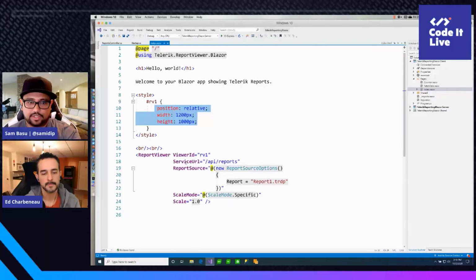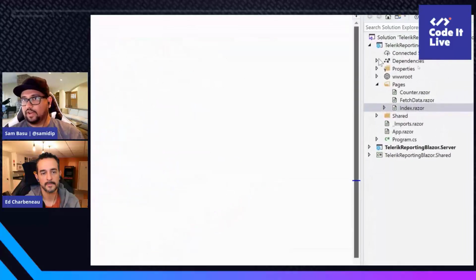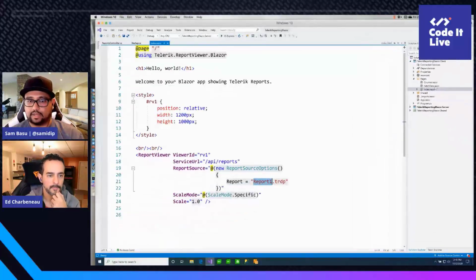This one is using a service URL, API reports, pointing to the same RESTful endpoint that we just saw on the server side. Report source, again, points to report 1. Now, keep in mind, this report 1 is nowhere to be found on the client side, because that's not what the client side is meant to do. It's simply saying, I want that report definition, and then scaling is whatever you want. So if I go ahead and run this thing,